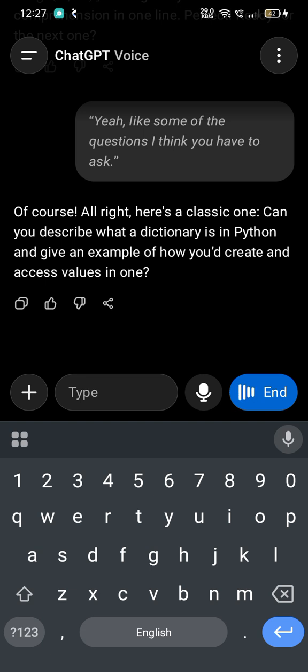in key value pairs, and we can also add, or like we can say append, something inside a dictionary. It means we can add something, and it's an ordered collection, so we can also get the key value pairs. Keys should be unique, and we can also get all the keys and all the values. And if you want to get values, then we have to go with the key. We have to write the key, then we can get the value.